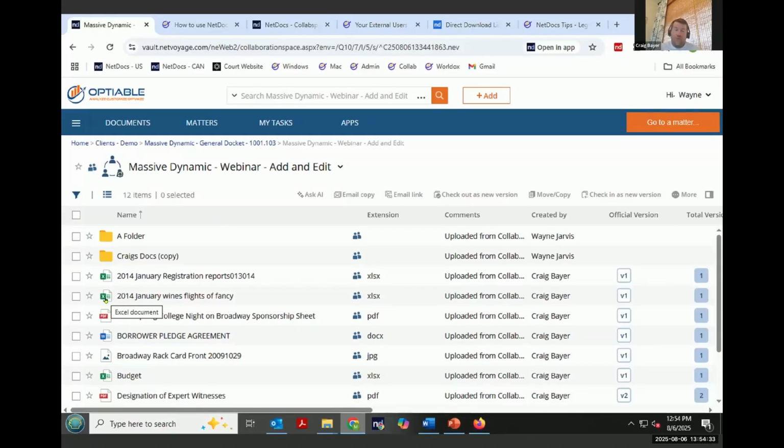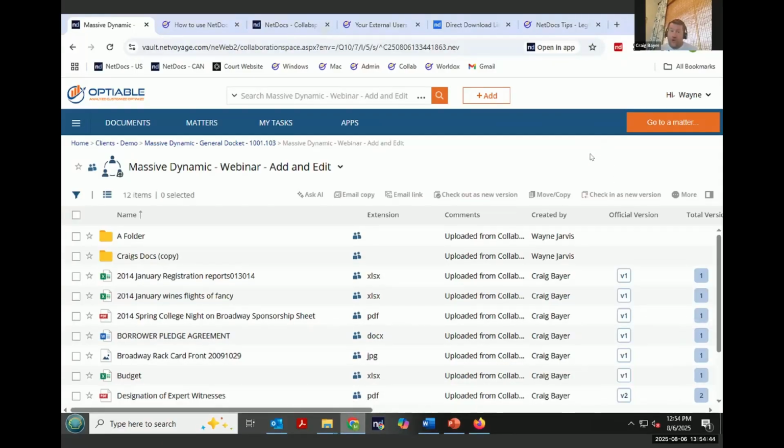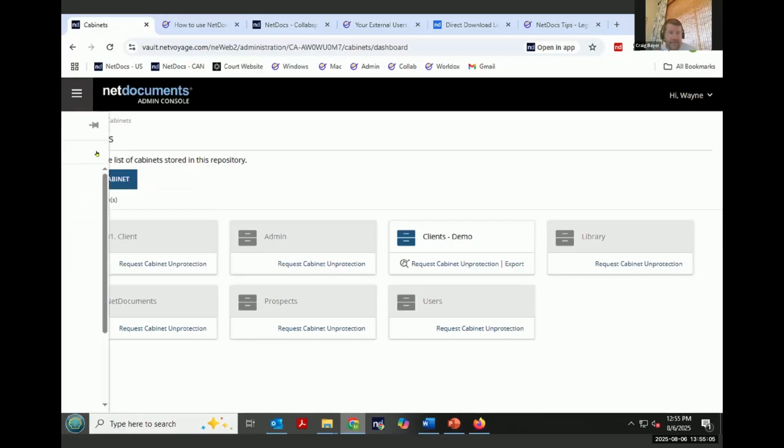So just think about this. When you use NetDocs, especially for the Windows people, but even the Mac people, you either have ND Office or ND Click installed on your computer. Your external users don't have ND Office or ND Click installed. Now they could. Okay, so that is totally an option there. They could have ND Click or ND Office installed. And I think, Rob, there's certain use cases to do it. The big use case that I see is that